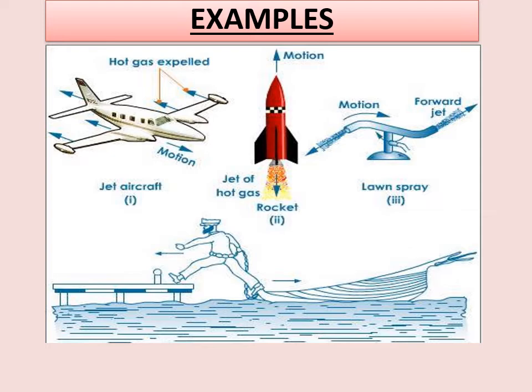If you take a rocket, which accelerates by expelling gas at a high velocity, the reaction force of the gas on the rocket accelerates the rocket in a direction opposite to the expelled gases. So it is shown in the picture. The motion of the rocket is in one direction and the expelling of the gases is in the opposite direction. Not only that, if a helicopter or aeroplane goes, the motion is in one direction, the hot gas is expelled in the other direction. Both are in opposite directions. And one more case is a lawn sprayer, where the motion of the water is in one direction and the movement of the sprinkler is in the other direction.